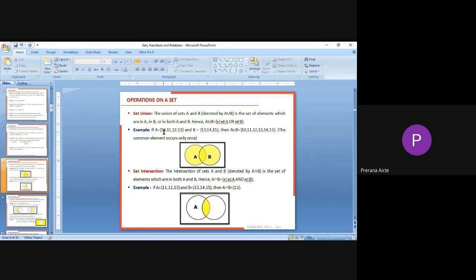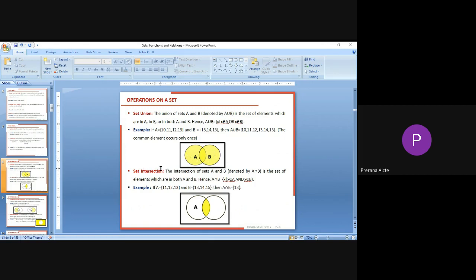Let A equal to 10, 11, 12, 13, B equal to 13, 14, 15. If you consider A union B, then it will contain all the elements from set A and set B. So 10, 11, 12, 13, 14, 15. If any element is repeated, it will be considered only one time. Suppose 13 is repeated in set A as well as set B, no need to write it two times, only one time is represented here. And this is the Venn diagram representation for the set union operation. It covers both set A and set B, every part.